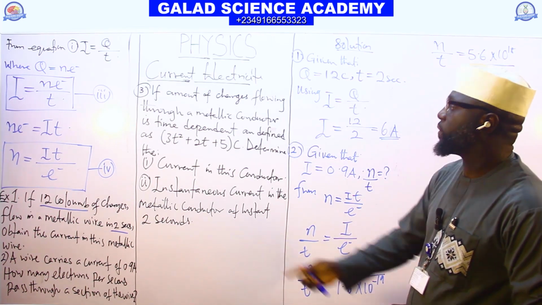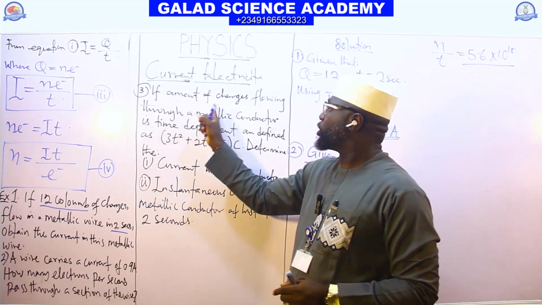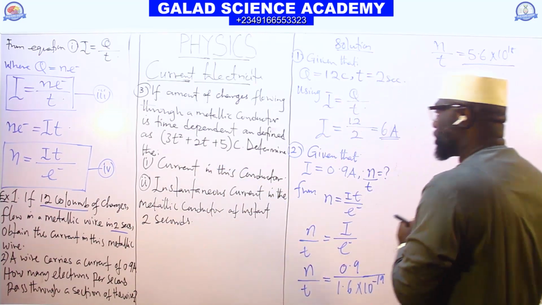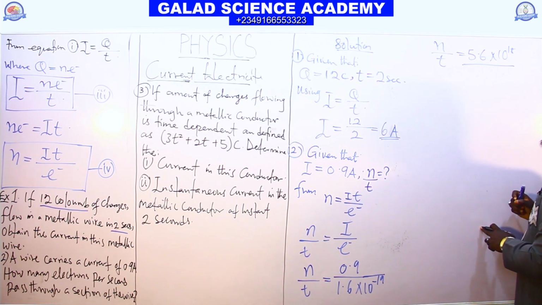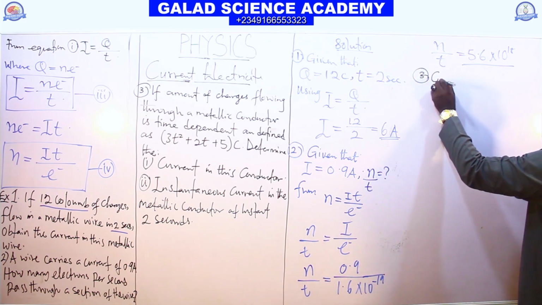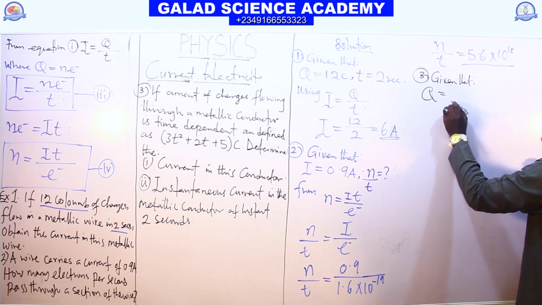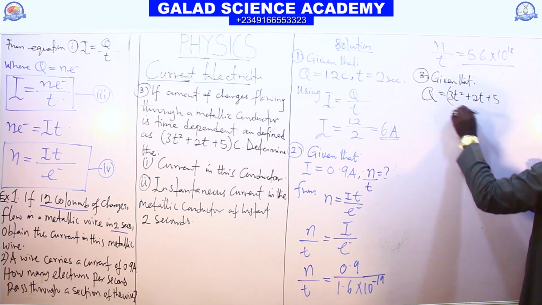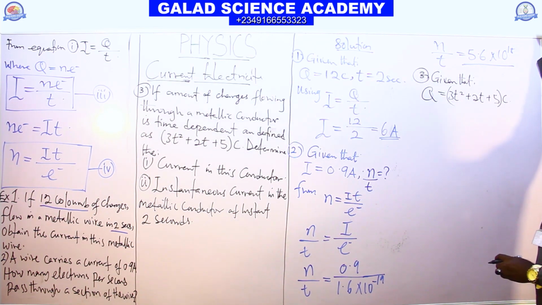So the next one now is question 3. In question 3, we are given that the amount of charge flowing through a metallic conductor is time dependent and defined as Q equals 3t squared plus 2t plus 5, in coulomb. That's what we are given. And the next thing that we do is